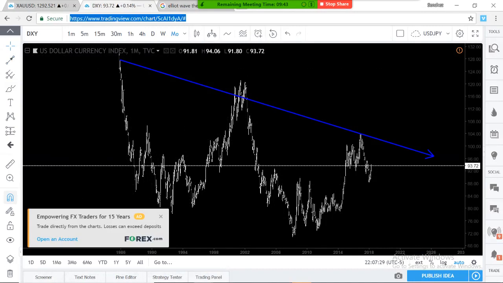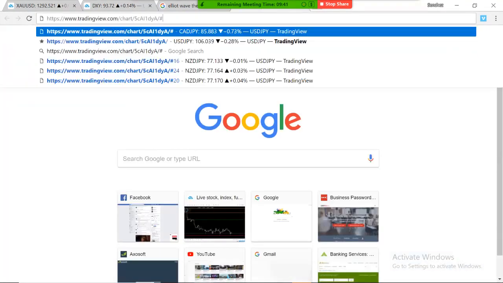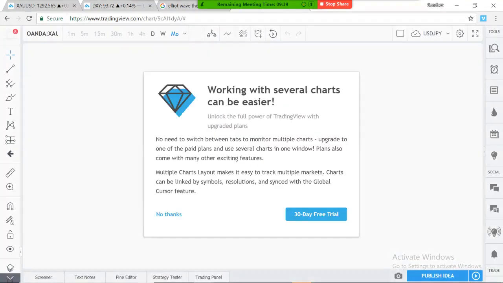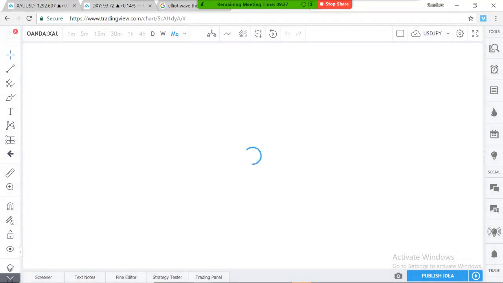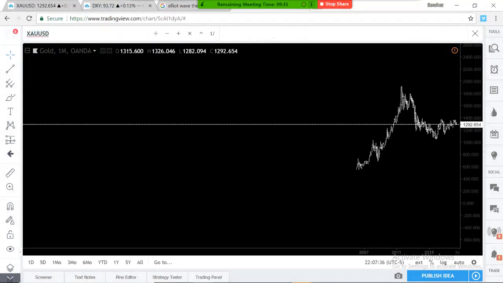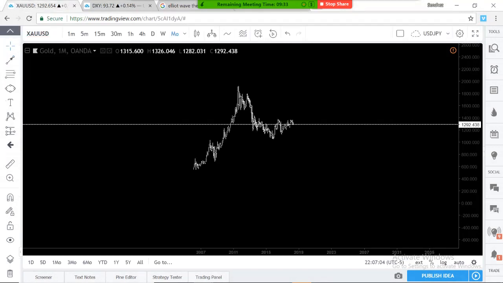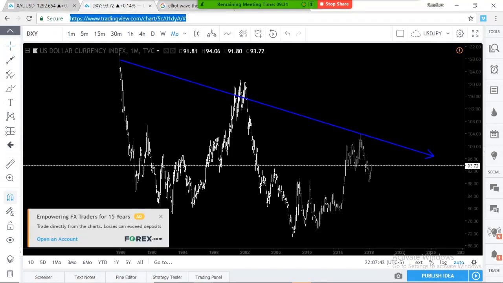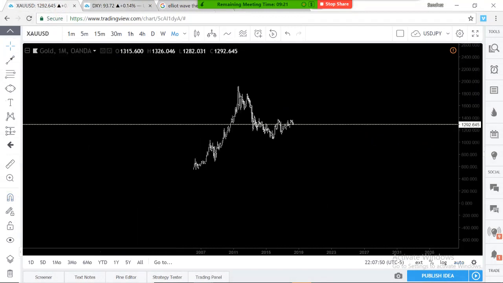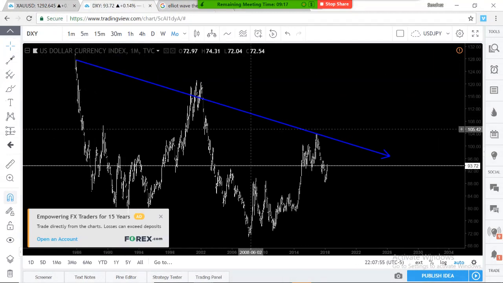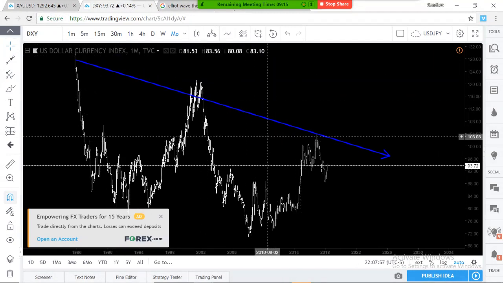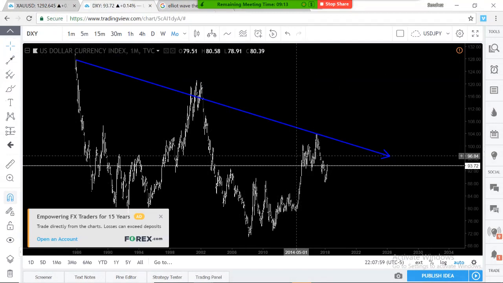go to the value of gold itself, which is I'm sorry. Yeah, let's go to the value of so I mean that's really it. Yeah, that's all we're gonna say. Because there's Dixie, which is the value of currency, and then there's gold, gold versus USD. So yeah, gold has always been going up higher, basically, and right now the dollar value itself has always been going lower. So that's just confluence that's going to the down south.